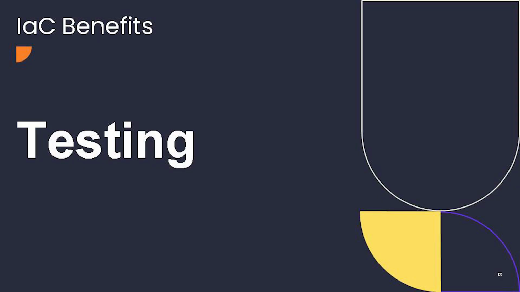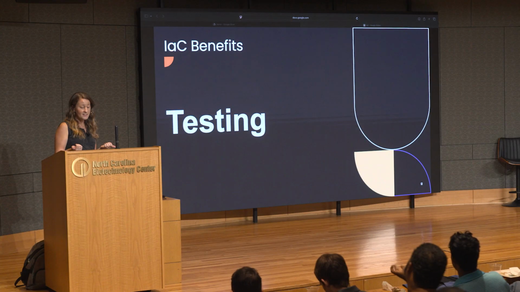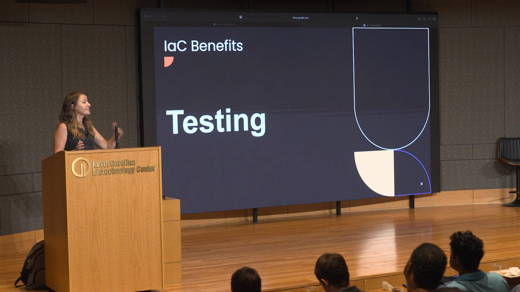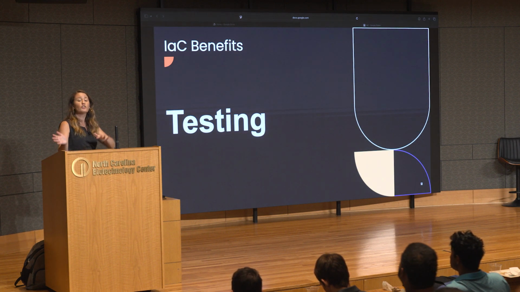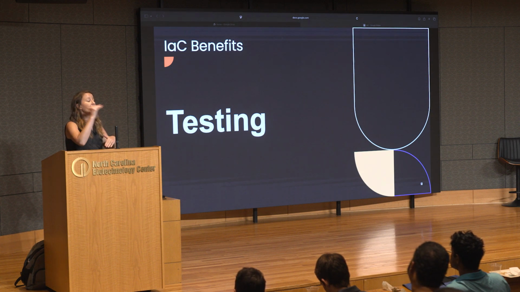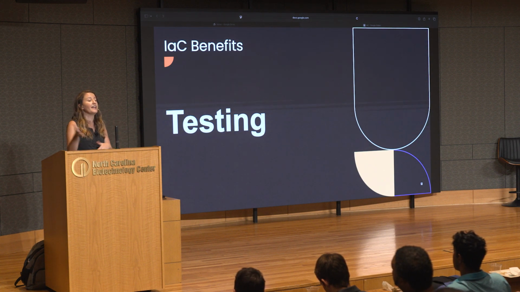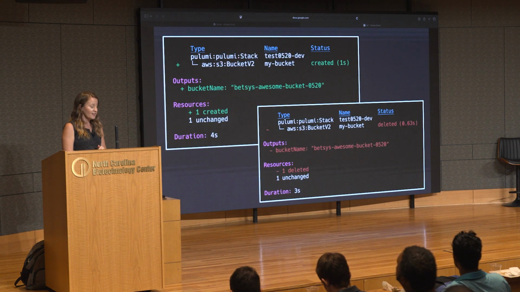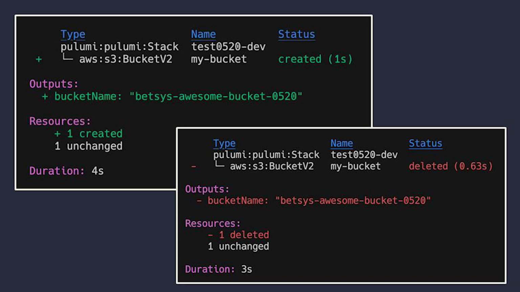All right, this is my favorite part about it, testing. When you're creating a virtual environment and a test, it's so much easier with IaC. When you're done, you can easily tear everything down, but you can also build everything back up quickly. So you could build your whole test environment, tear it down when you're done, and then the next day rebuild it really fast. That makes really good use of an AWS free tier account. So here's an example of that. We've built our bucket, and then we can easily delete our bucket. It's gone.